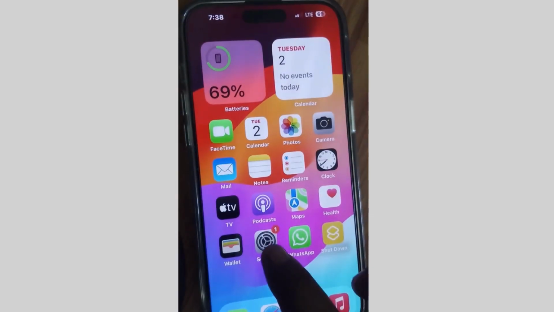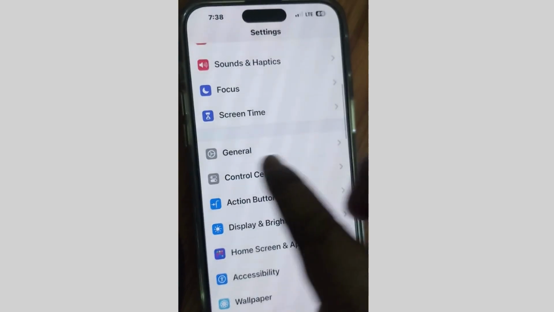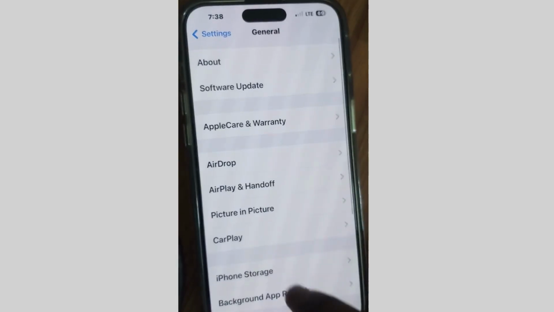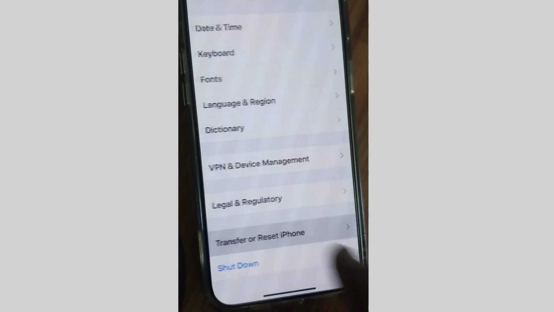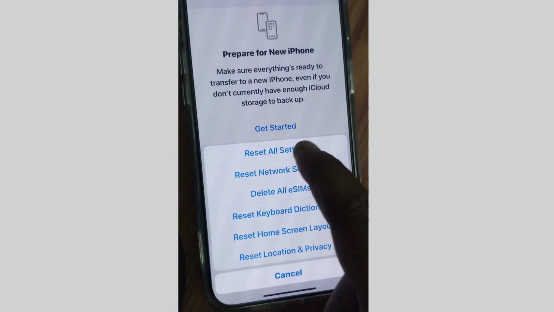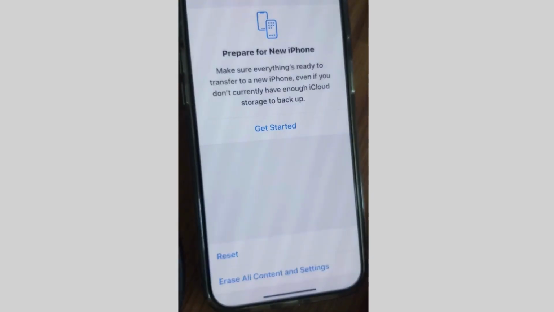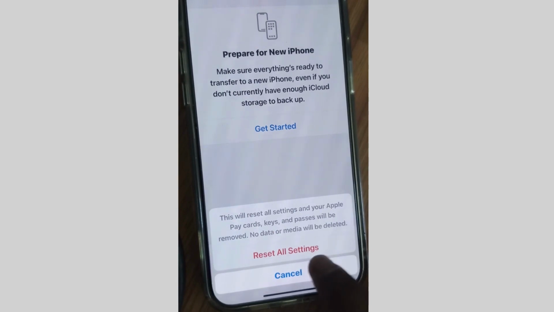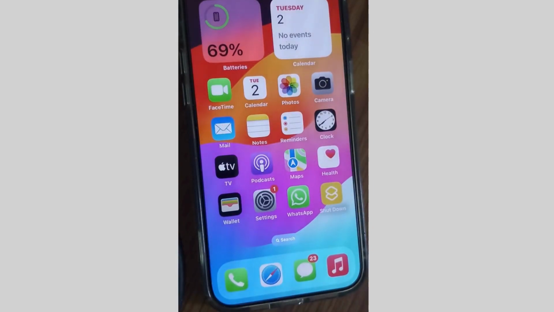Again, tap on Settings and here go to General settings. Tap on it, scroll down and choose Transfer or Reset iPhone. Again, tap on Reset and choose Reset All Settings. Unlock your iPhone and finally choose Reset All Settings. Your issue with automatic up down volume